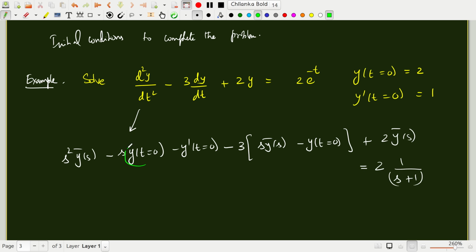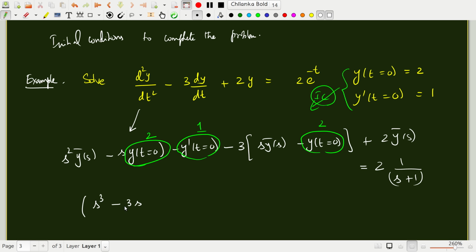y at t equal to 0 is 2. Okay, y prime at t equal to 0 is 1. So this is again 2. So after substituting, because these are the initial conditions, after substituting all this, you will get s cubed minus 3s plus 2